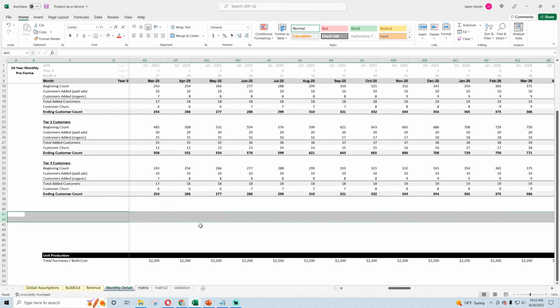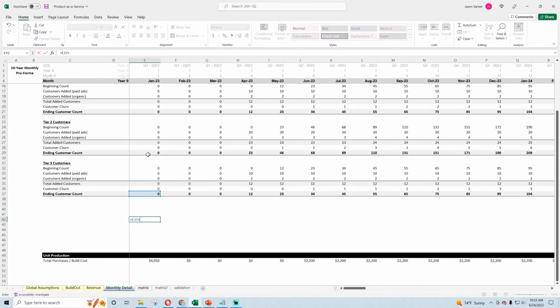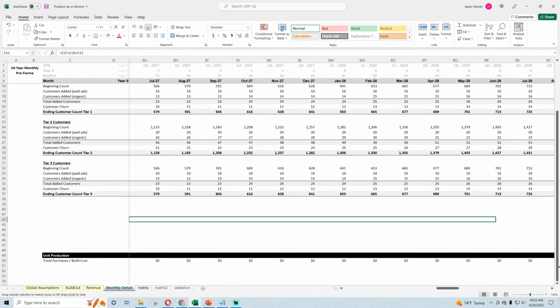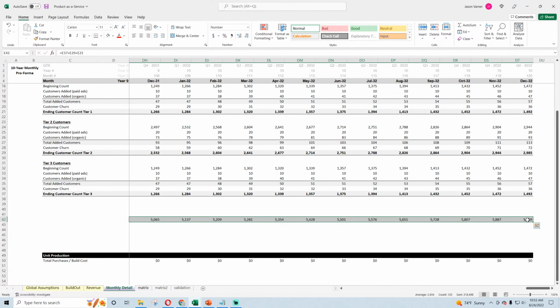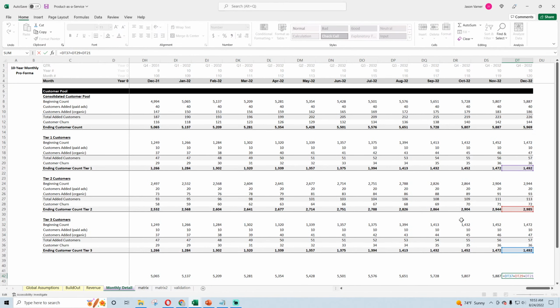And then also, if we do our total ending count, tier 1, tier 2, and tier 3, this should equal the consolidated at the top, which it does. Okay, perfect.